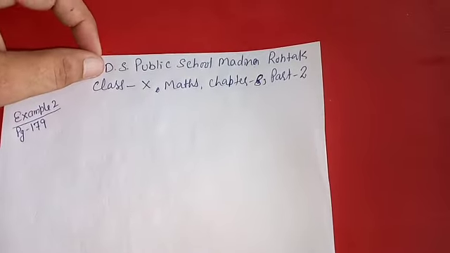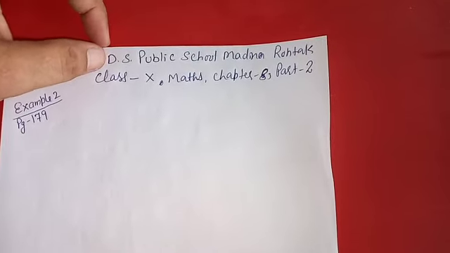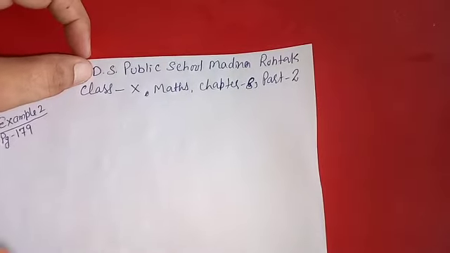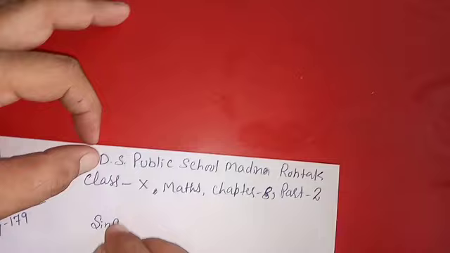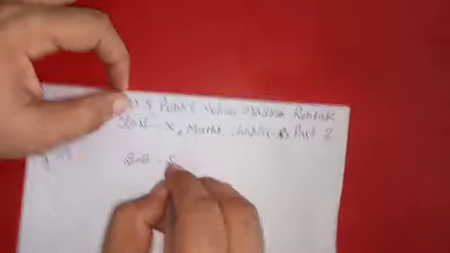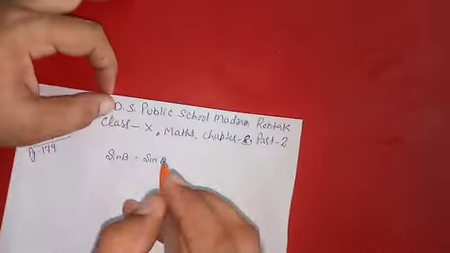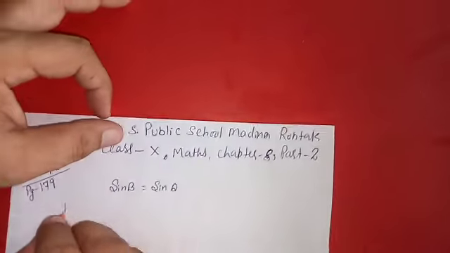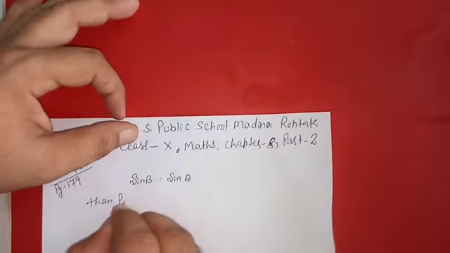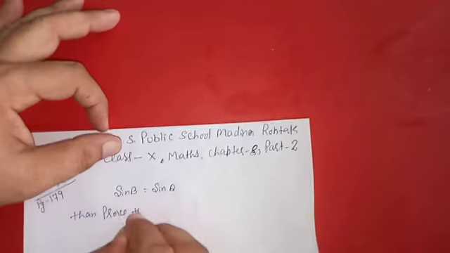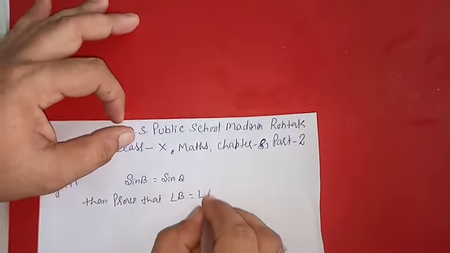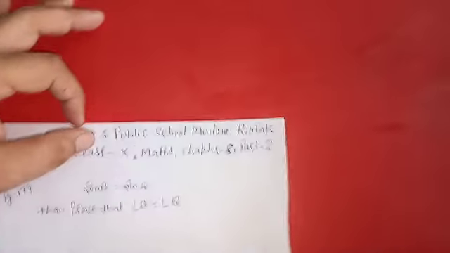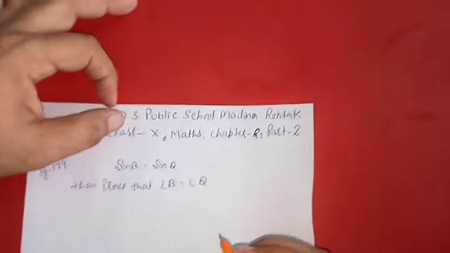So it's written: angle B and angle Q are acute angles such that sin B equal to sin Q. Then prove that angle B equal to angle Q. So to prove this,